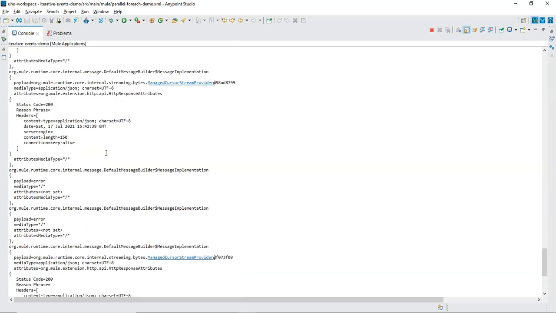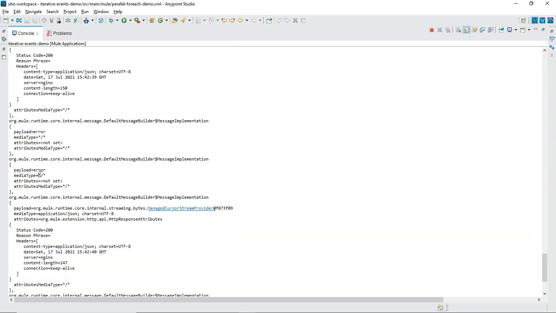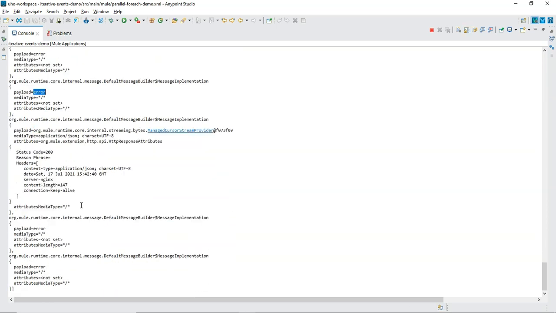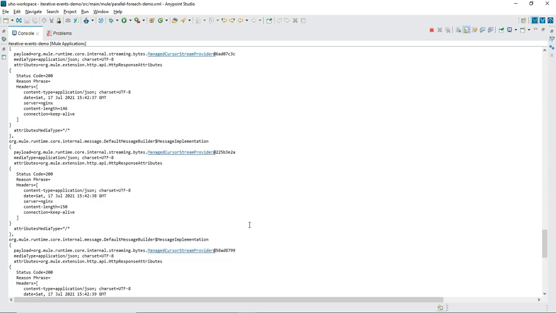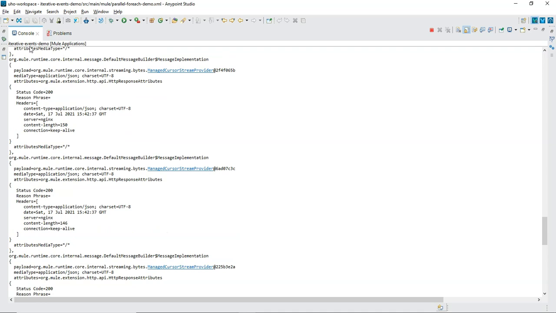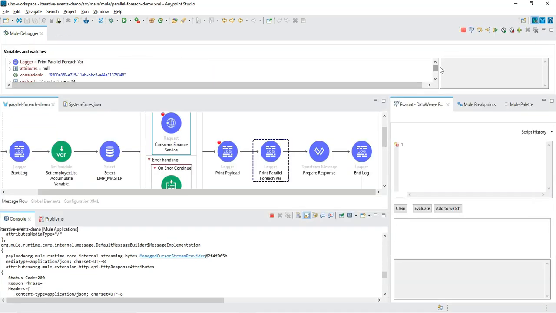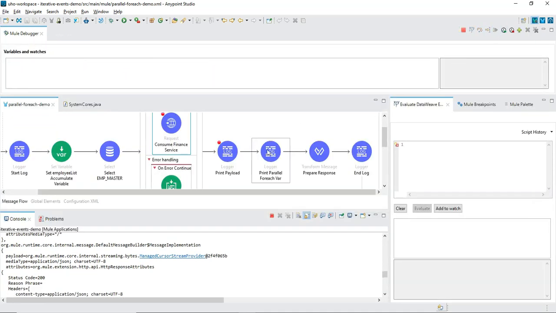Then from that we can see that the payload has printed as error. So this way we can do error handling in a parallel for each. Either we can go for the next by handling the failed record separately, or we can allow the process to terminate there itself and the user will get to know about the server error.